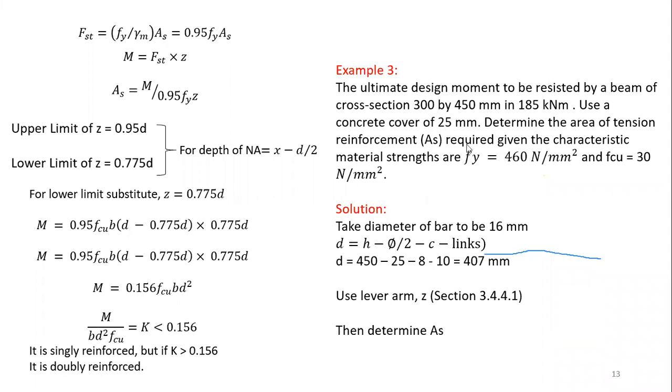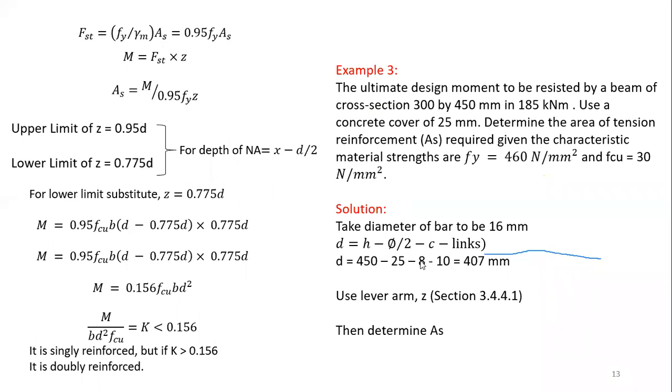Sir, I thought we had to divide that 25 by 2. No, it's only 25 there. You divide 16 by 2 to make it 8. We divide our diameter by 2 to get 8, because the effective depth is coming at the middle of the reinforcement.